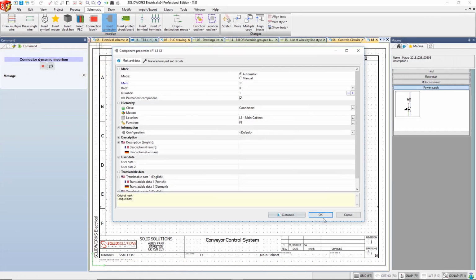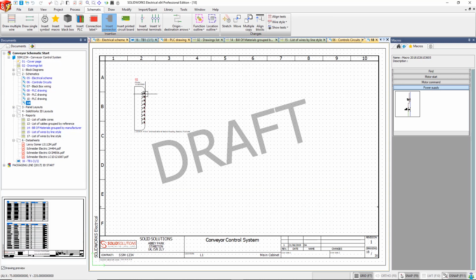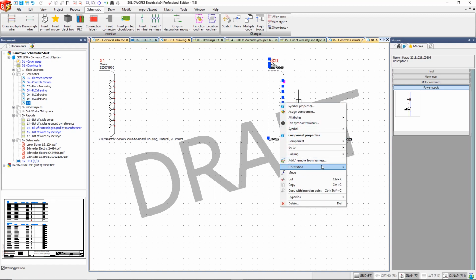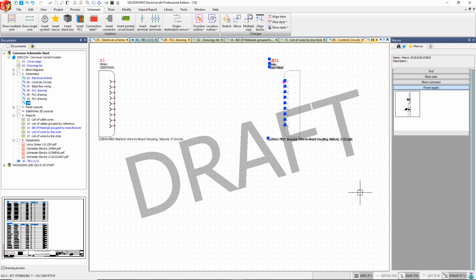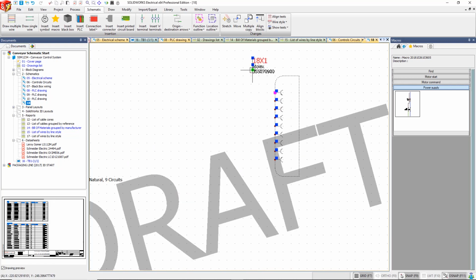I can place it down on the page and just copy and paste to give myself a few more. We can also rotate and invert symbols on the right click. Attributes can all be moved. We can also hide them away to ensure a tidy graphic is achieved.